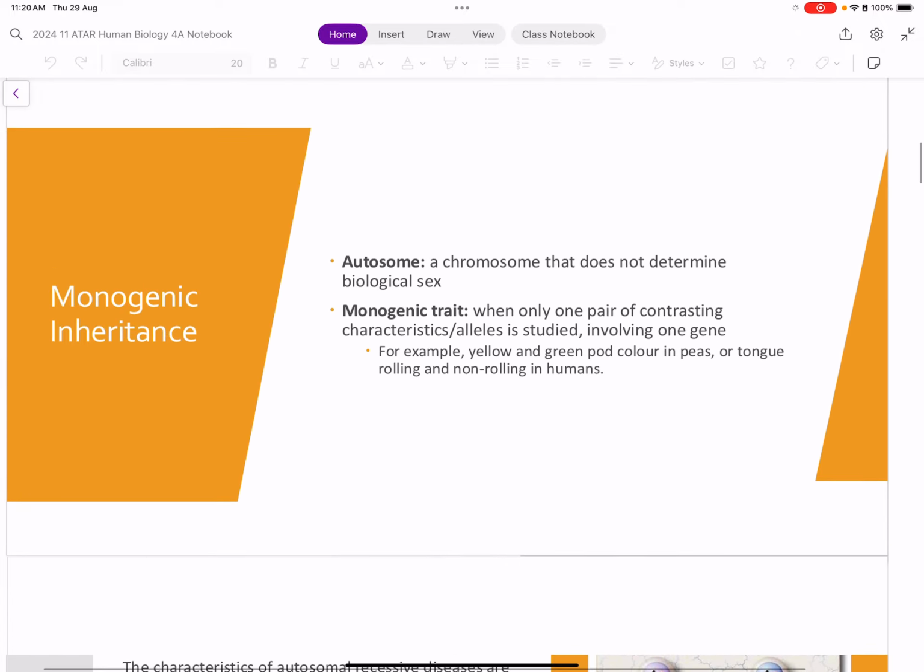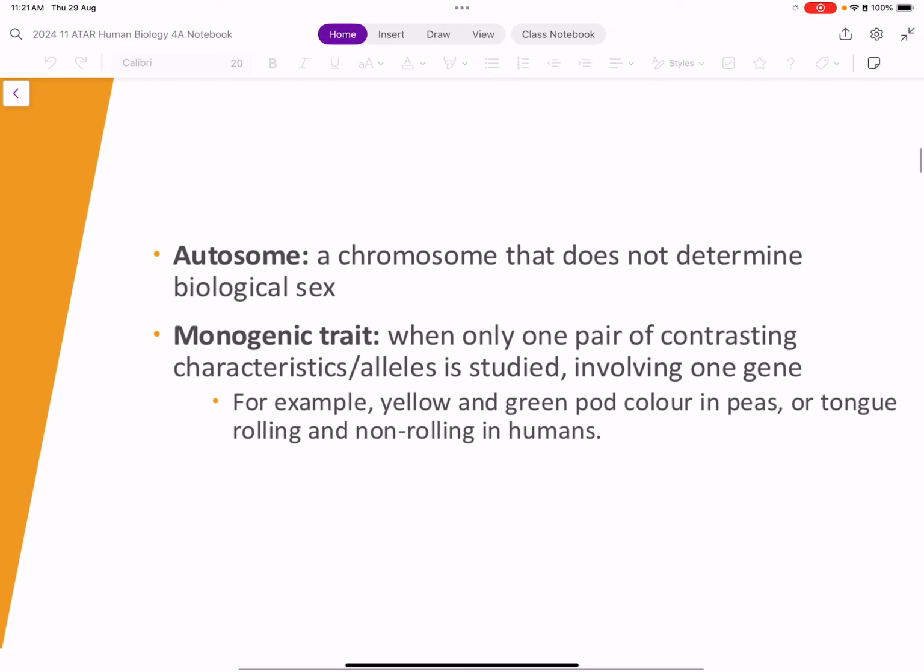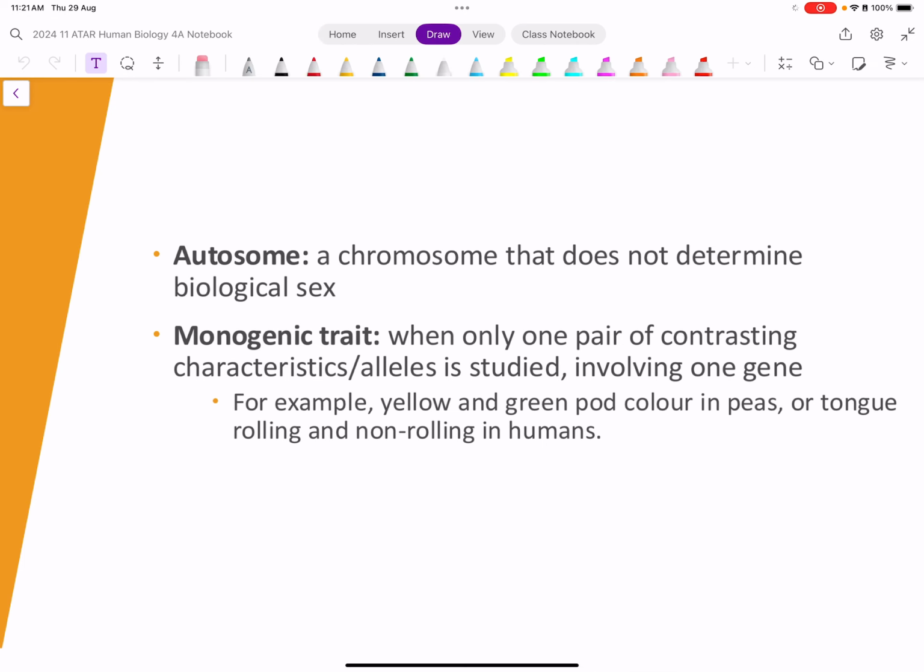So before we can really dive into what an autosomal inheritance pattern looks like, we have to define 2 key terms here. The first word is autosome, and an autosome is simply a chromosome that doesn't determine sex. So in a human, this means that these chromosomes are going to determine somatic characteristics, so things like eye colour, hair colour, anything to do with the body itself and not in the determination of